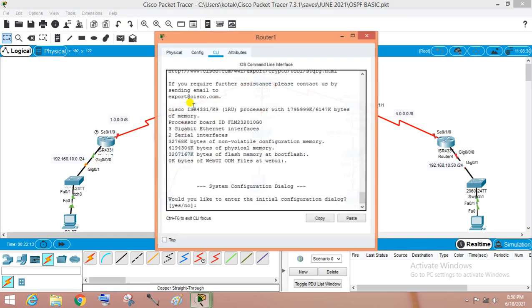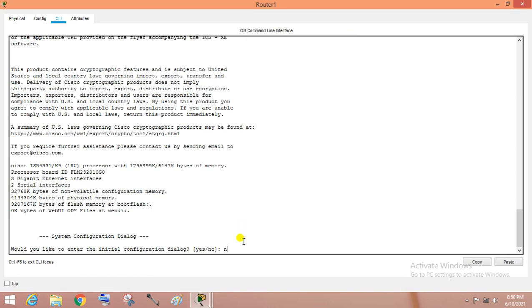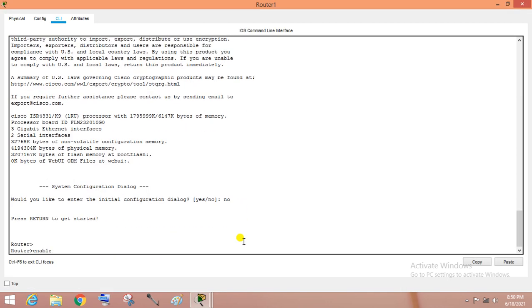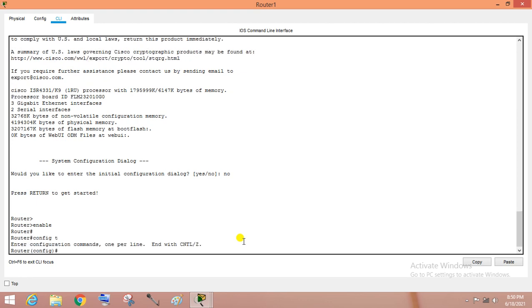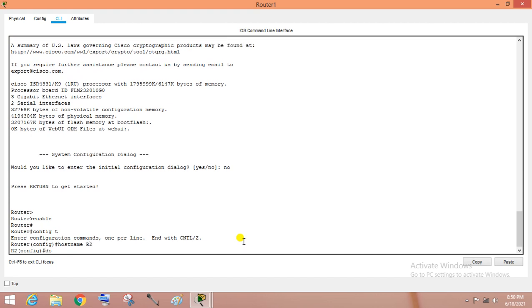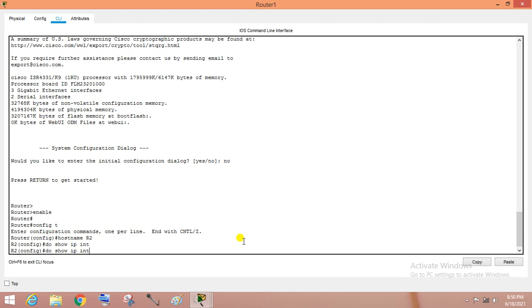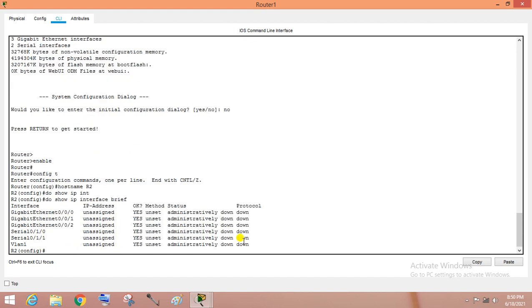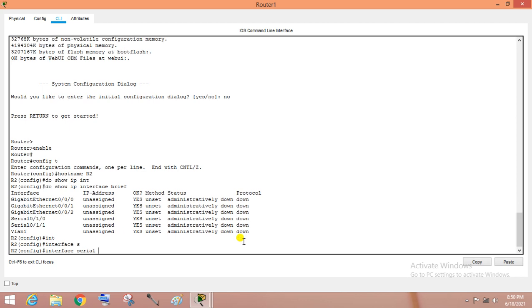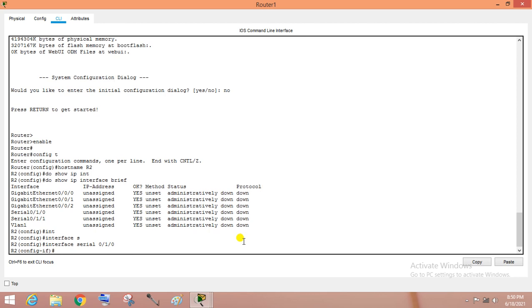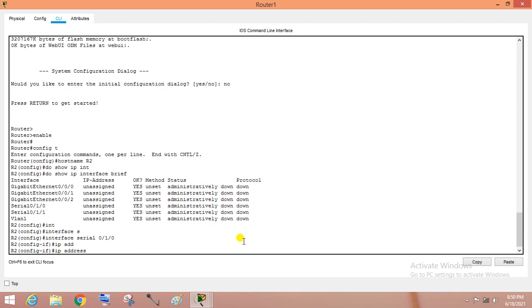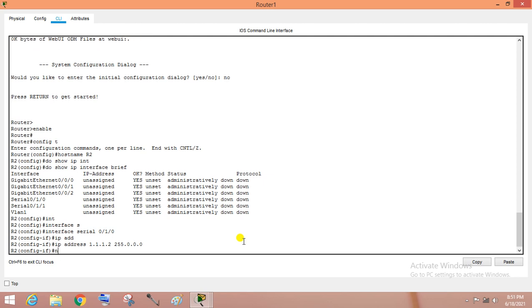Go to another router, router number 2. Config T, hostname Router 2. Interface serial 0/1/0, IP address 1.1.1.2, 255.0.0.0, then no shut.